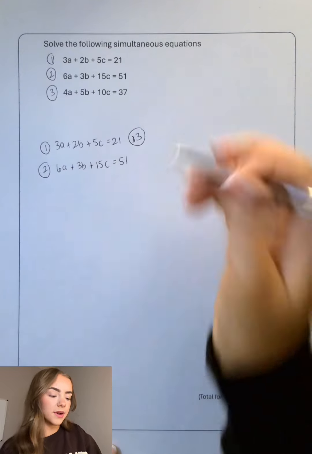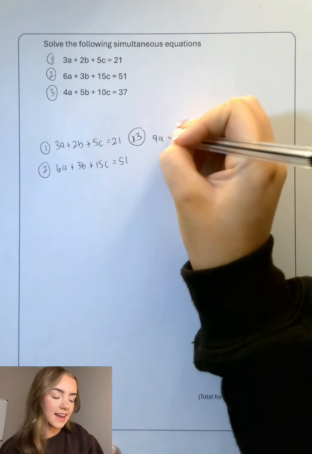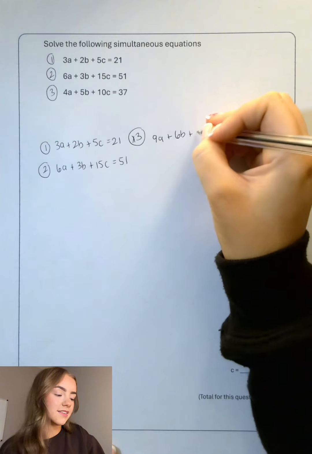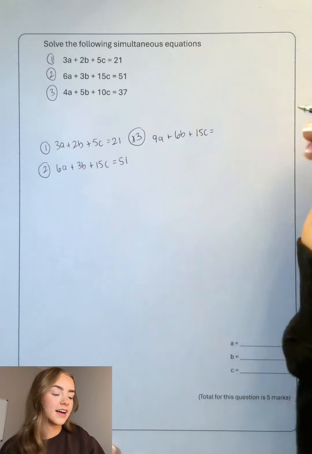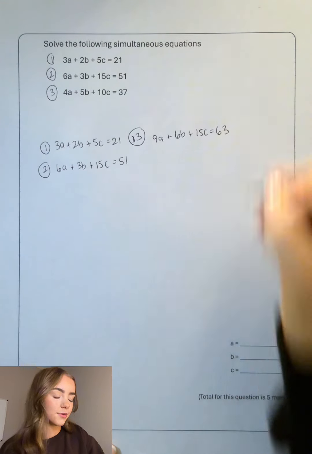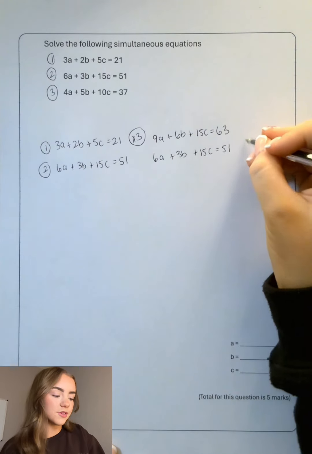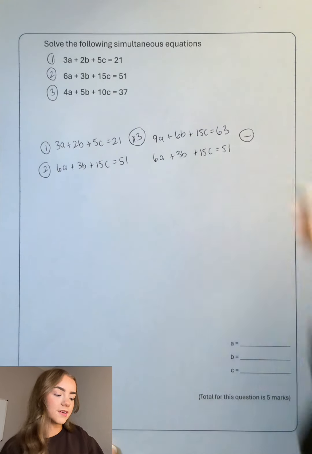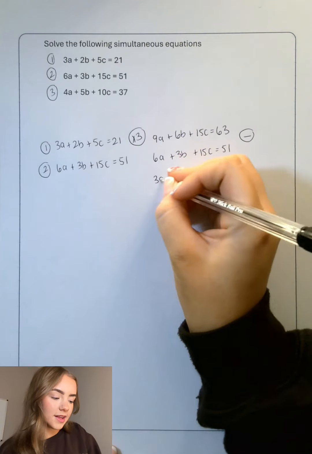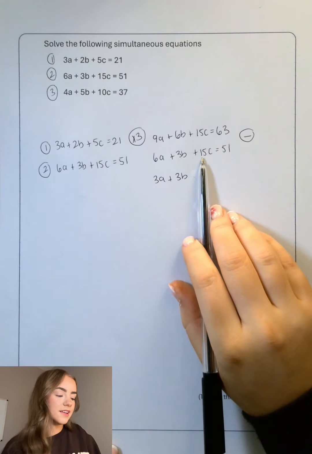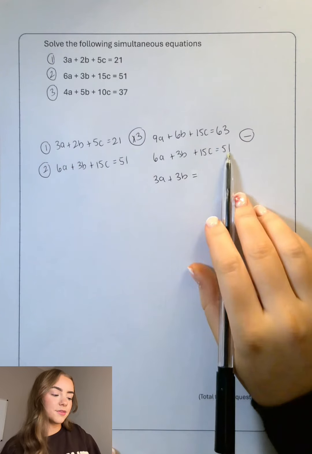Multiplying everything by 3, 3a times 3 is 9a, 2b times 3 is 6b, 5c times 3 is 15c, and 21 times 3 is 63. The second equation we can leave the same. These terms have the same sign, so we can subtract these equations from each other. 9a minus 6a is 3a, 6b minus 3b is 3b, 15c minus 15c will cancel out, and 63 minus 51